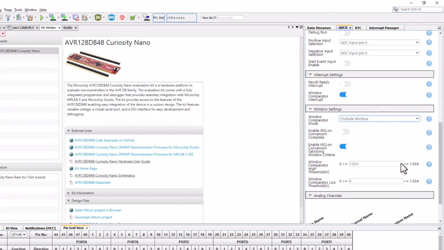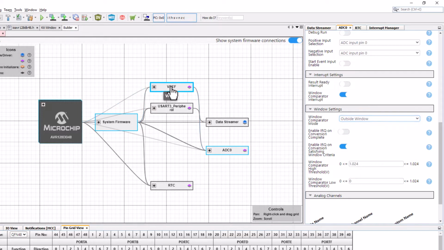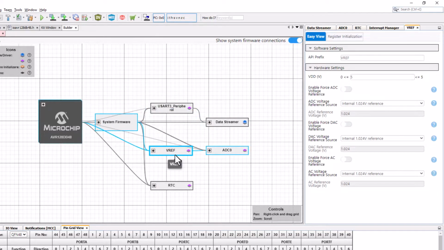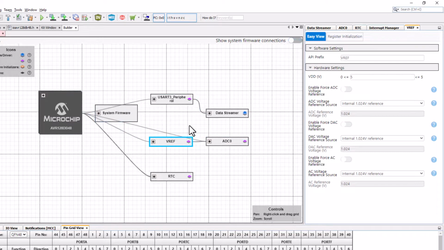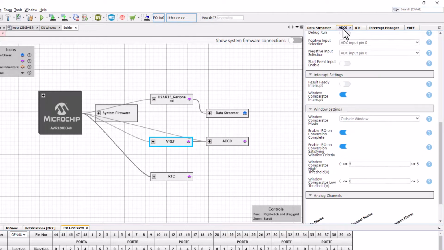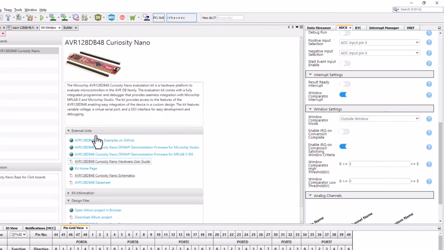Now note here, we wanted above 2.5 volts. So going back to the builder, we see that the voltage reference is associated with the VREF, which is a generic voltage reference for all analog peripherals. So we're going to give the ADC a voltage and use VDD as our reference. So coming back here, now you can see 5 volts, although checking our hardware users guide,